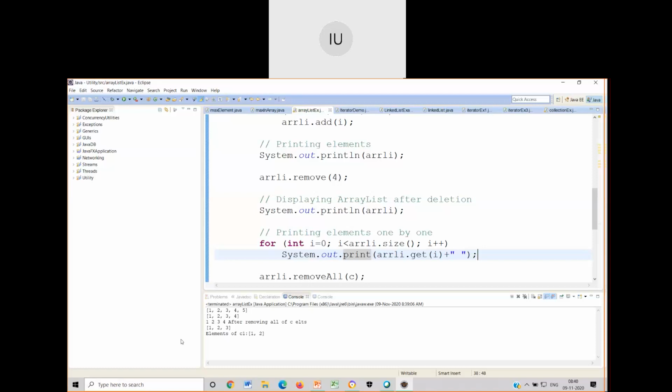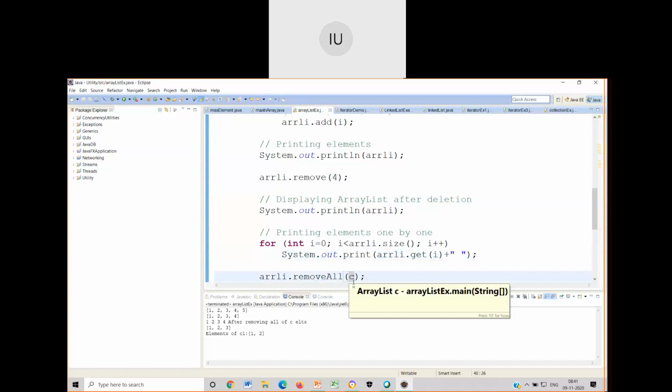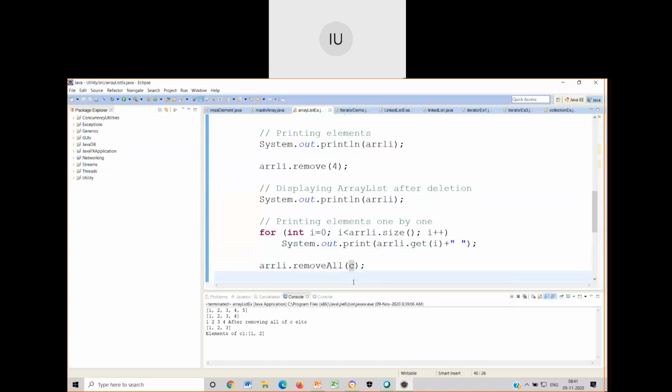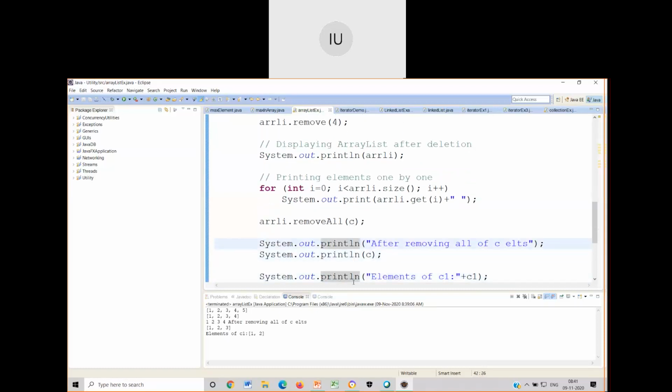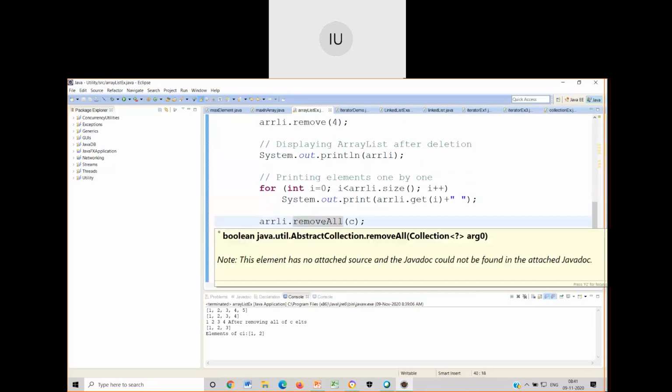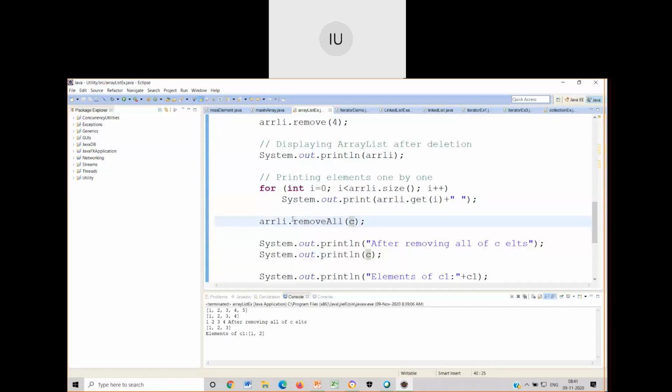Then, after removing all the elements of C, does it have anything else to be printed? No. Initially I have printed removeAll of C. What is this line doing? Sorry, this is wrong. Just one minute. I will comment this. Then I will remove all the elements of C. How do I remove all the elements?